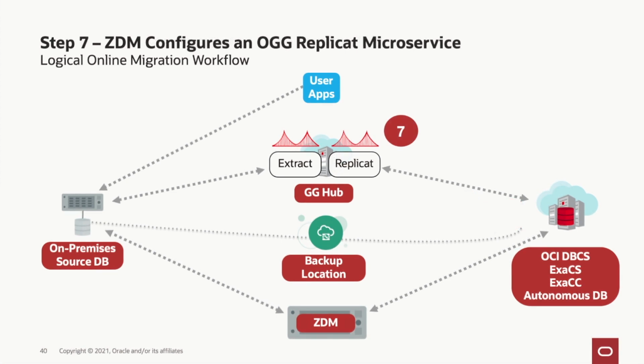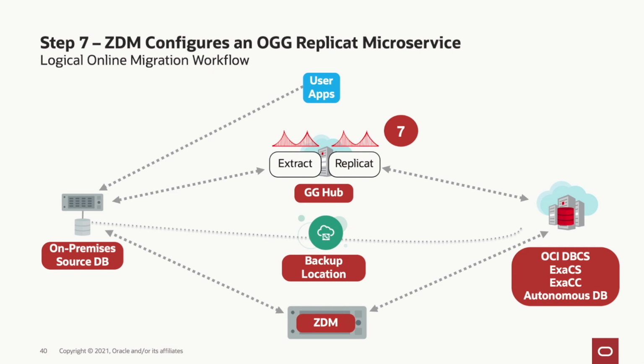Now, in order to fully synchronize the source database with the target database, what ZDM does is, of course, leverage GoldenGate. As I mentioned, we have a GoldenGate hub on the Oracle Cloud, and it uses a specific image from the Oracle Cloud Marketplace, that has a specific license for the usage of migrating your database between on-premises to the cloud when you're using ZDM or the Database Migration Service, which is a product that Oracle also has, and